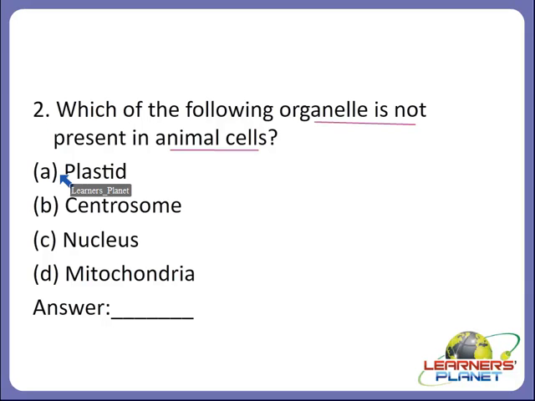So basically, what are the properties of animals? The animals are heterotrophic in nature and they can move from one place to another. So now let us see what options are being given for this particular question. The first option is plastid, centrosome, nucleus and mitochondria. So if we see that mitochondria,